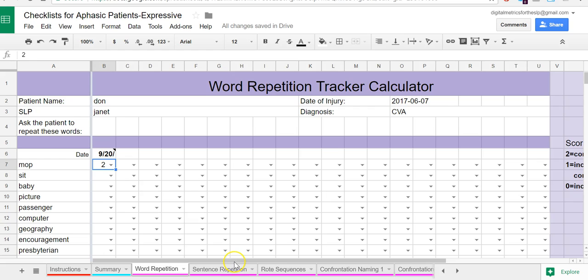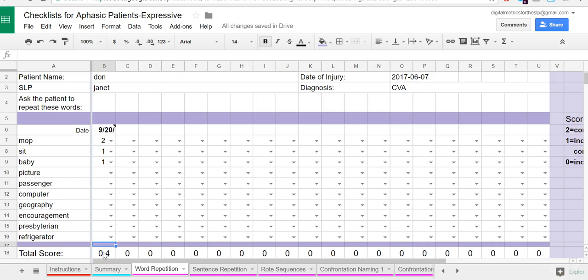So he said mop right away, so I gave him a 2. So then I say sit. And he takes about 5 seconds before he really can say sit. So I'm going to give that one a 1 because it was a delay. So I say baby, and he says what? And I say baby. I had to repeat it, so I gave him a 1. Okay, so along you go with all your words, and then you will get